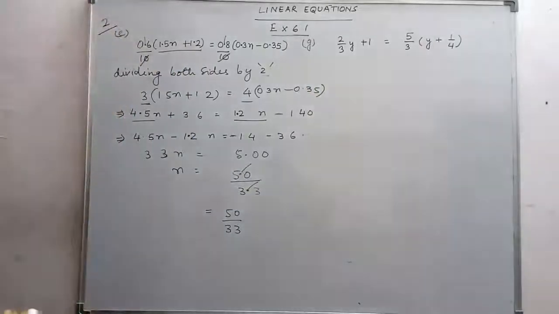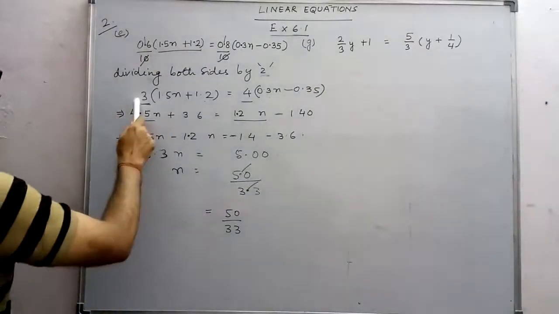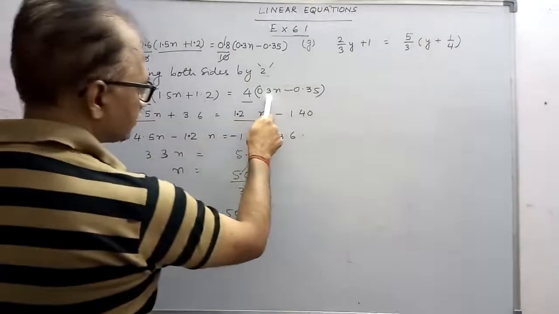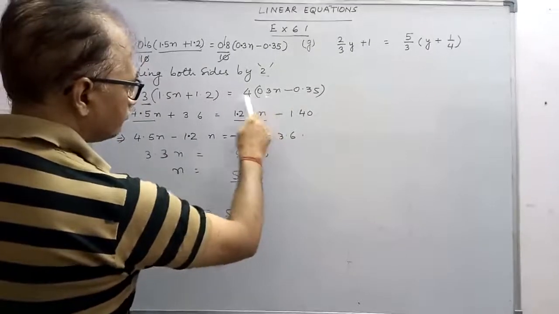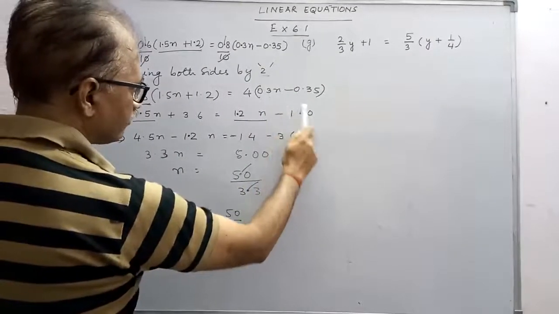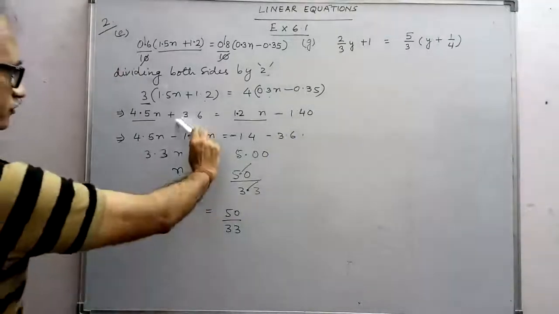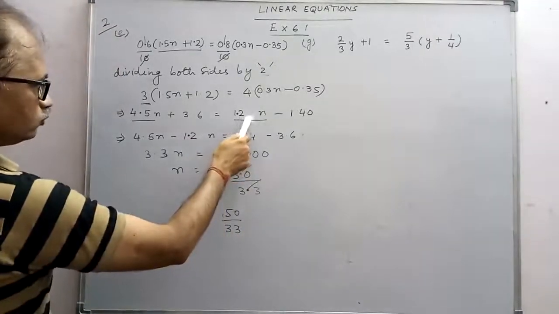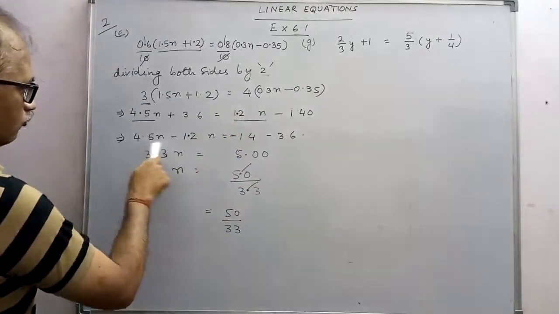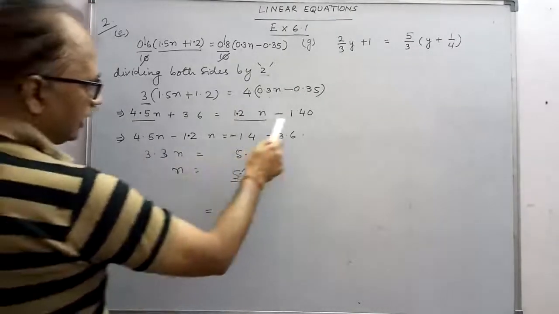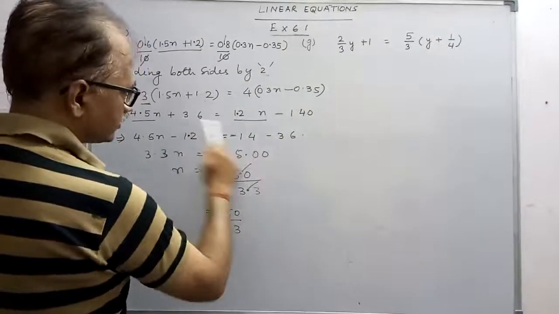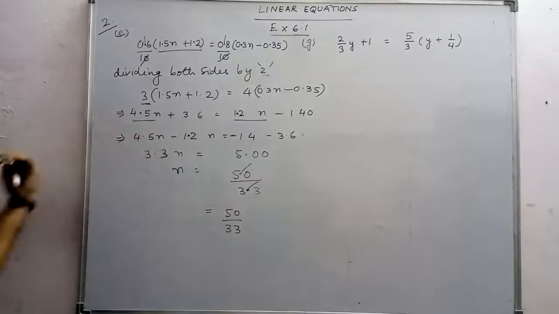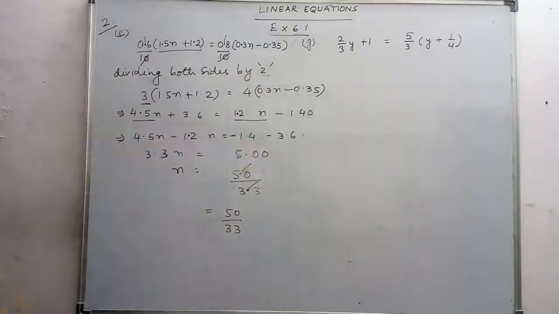Now in order to solve this, first of all you will open the bracket. 15 3s are 45, 4.5n; 3 12s are 36, 3.6; 4 into 3, 4 3s are 12n; and 4 multiplied by 3.5, that is equal to minus 140. 3.6 will be transposed to that side, so it becomes negative. And here you see 1.2n brought to this side, it becomes negative. So 4.5n minus 1.2n, and this side you will get 1.4, and this 3.6 goes this side, minus 3.6. So all the variables are brought this side and all the constants on the right hand side.